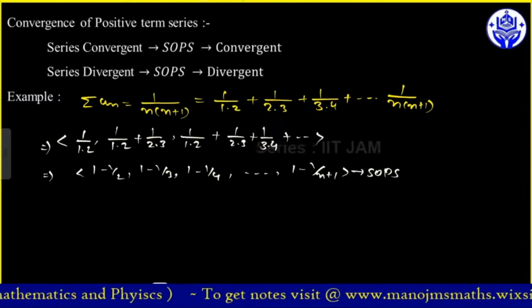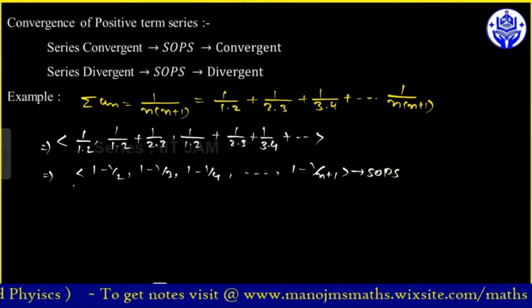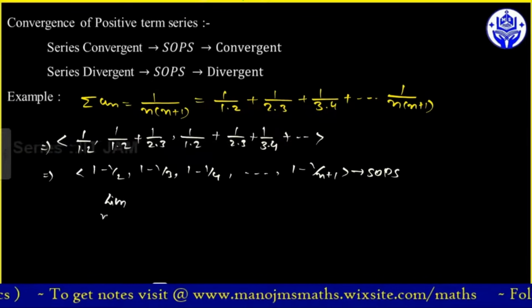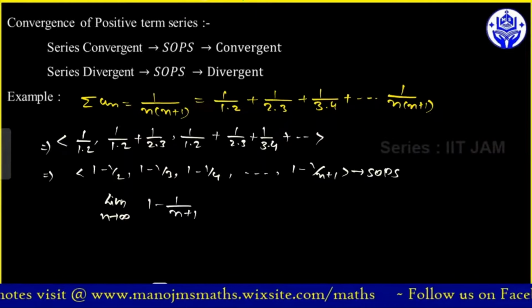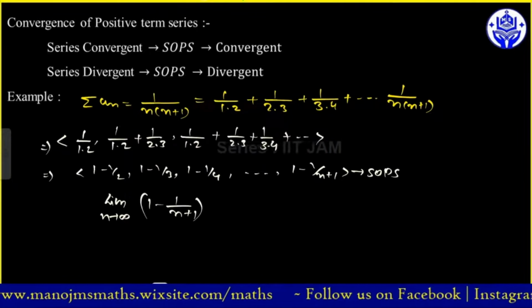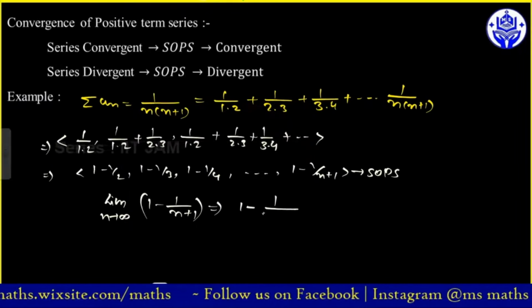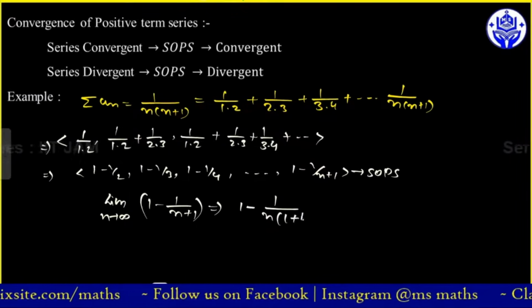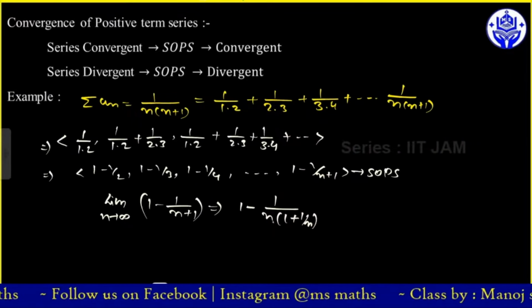अब इस SOPS में आपको इसकी कन्वर्जेंसी चेक करनी है। तो इस सीरीज की कन्वर्जेंसी चेक कर लेते हैं। मैंने कहा था आपको लिमिट n टेंड्स टू इनफाइनाइट पुट करेंगे 1-1/n+1 के अंदर। जब ये पुट करेंगे तो 1-1/n यहाँ से कॉमन लेंगे तो 1+1/n मिल रहा है। और जब ये कॉमन लेंगे यहाँ से तो सीधा दिख रहा है कि ये तो इनफाइनाइट हो जाएगा।